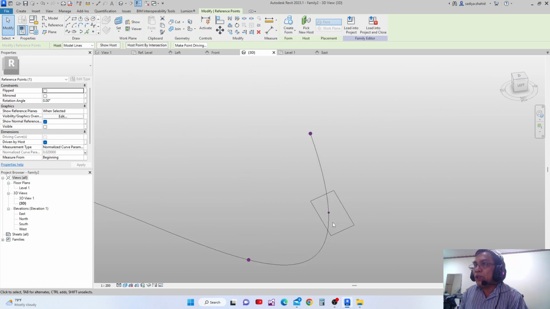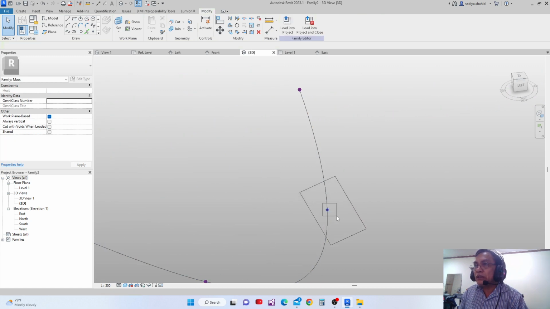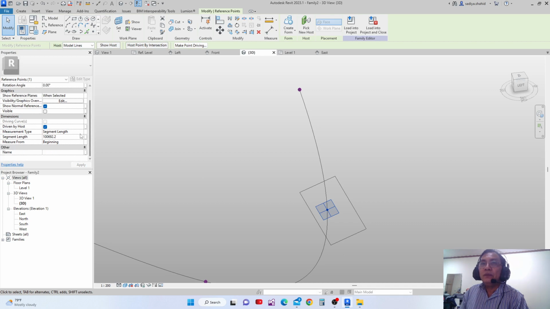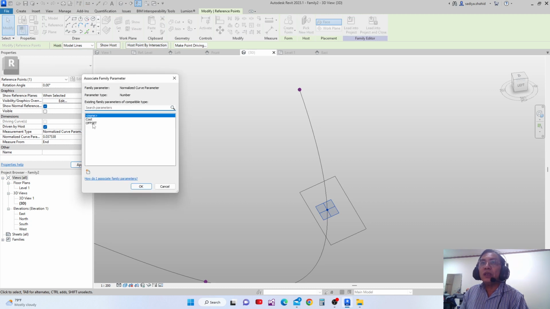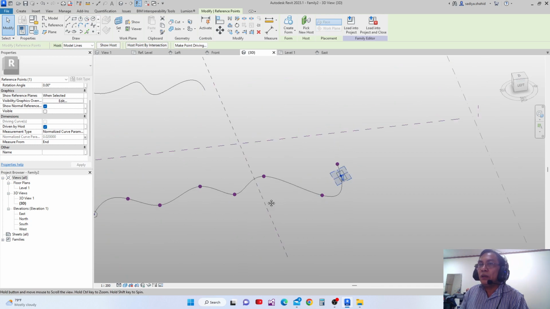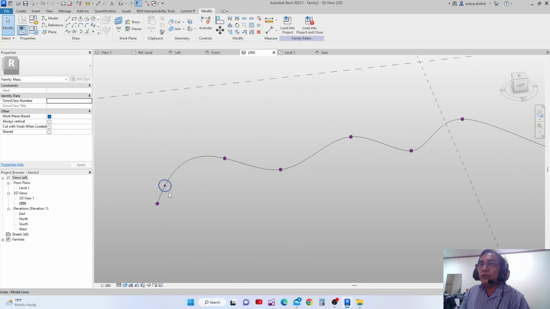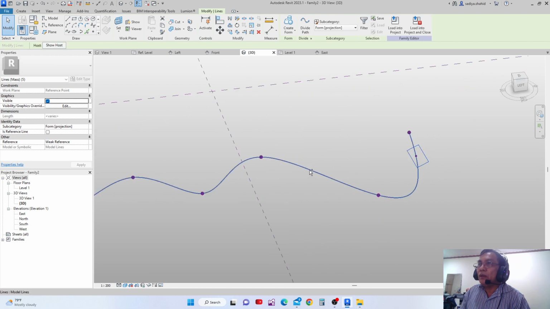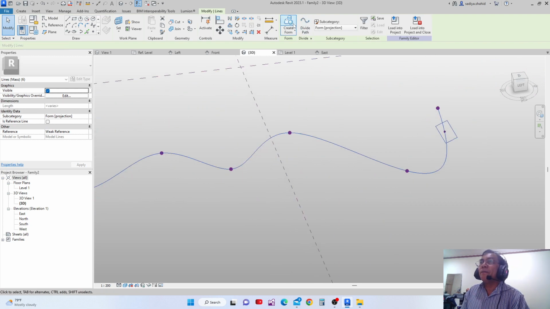And also you can associate this. Just click this point and change this point segment length to normal, and then make this one end, and then associate it to the offset that we have done. Then it is there. And then if I'm going to make a form like this, sweep blend and sweep blend there,